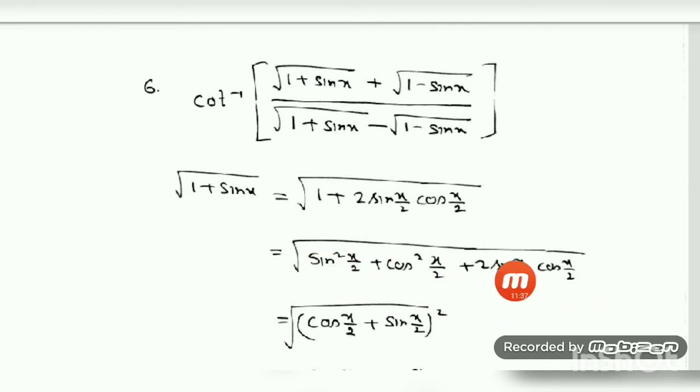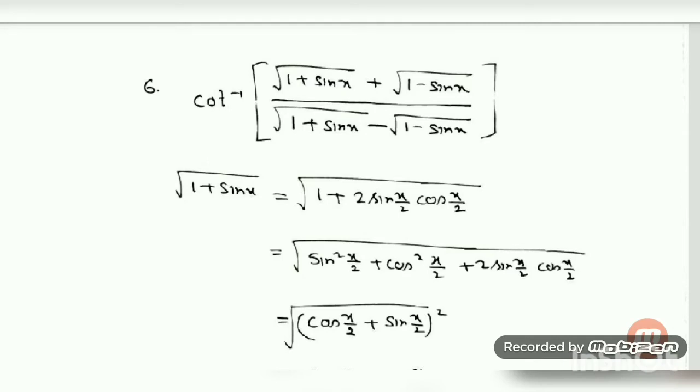And now if you compare, it is nothing but your (a plus b) whole squared formula. So I can write a as cos x by 2 and sin x by 2, whole squared. You see why I am writing cos as the first term and this as the second term. Because I want to get cot. In the numerator we have plus, so in the denominator we will get negative. So if I write cos as the first term and sin as the second term, sin will be cancelled out and cos will be left in the numerator. Cos by sin will give you cot. That's why I have written here cos as the first term and sin as the second term. Without this also we can do it, in that case we will get tan.